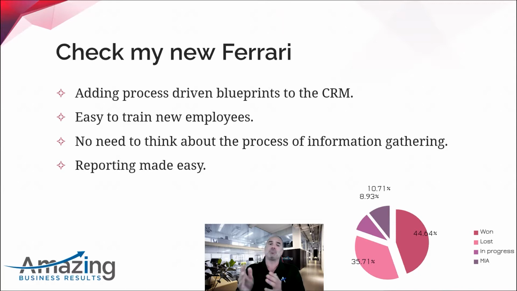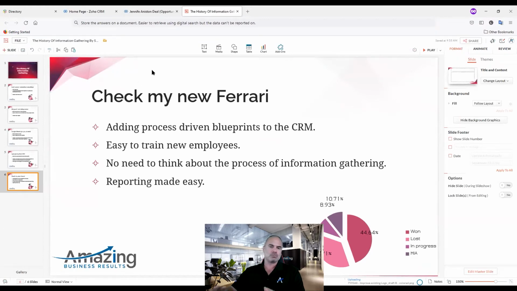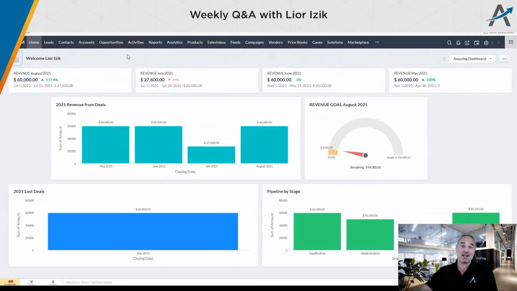Or if it's in the process or the deal, I can also structure it in a way that my employee is limited to specific options. And when he clicks on the button, the Zoho system or any other CRM, it doesn't matter, the system tells him what to do. So he can invest his processing power into the conversation instead of thinking where to click. And that's probably the game changer. So it was just important for me to go over the history of information gathering. And it's sad that people are still stuck in the old days.